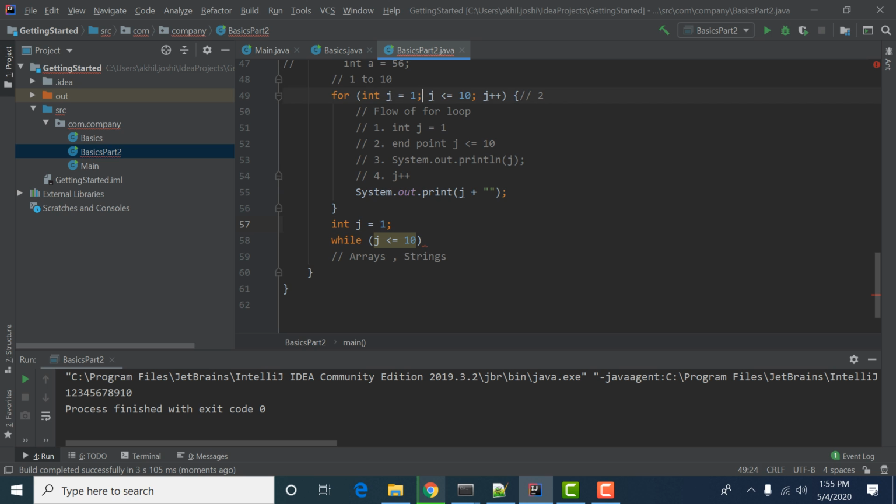So this line comes first, then we have while, then we have the scope, and then we will increment j. So I will show you this thing works similarly. So in this flow of while,